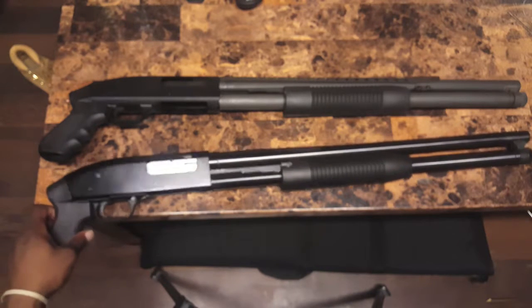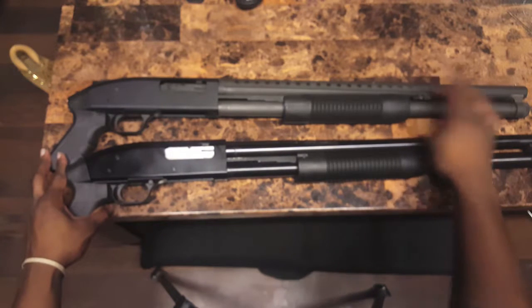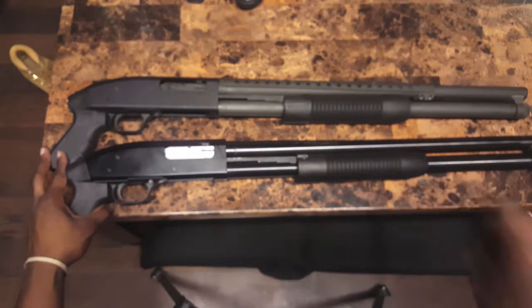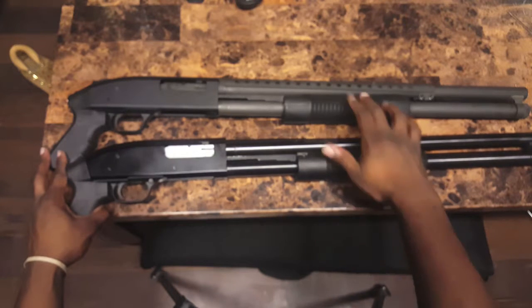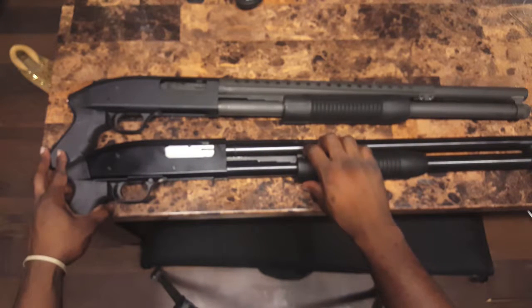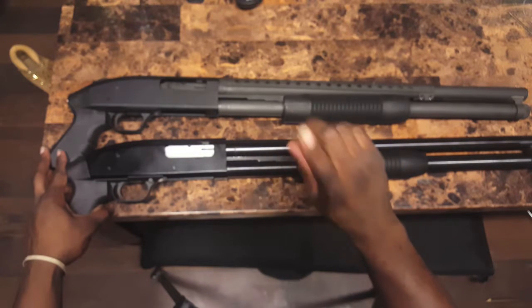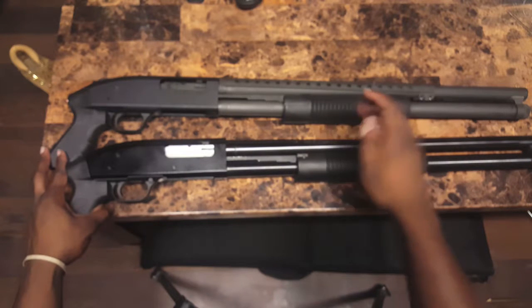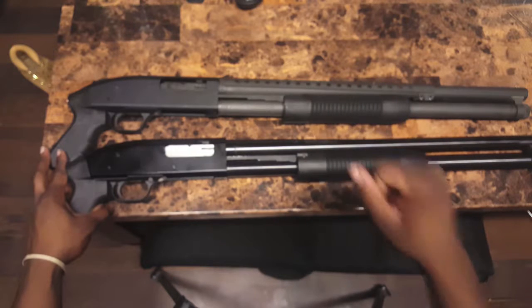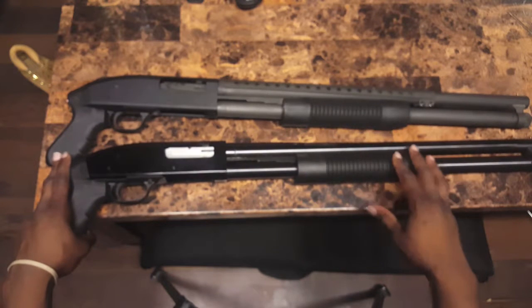And telling you right now, from shooting both of these guns and having both of them, the only main difference, okay, don't get confused by the heat shield, you can modify the Maverick 88 the same, is the pump actions on them, which are the same, just that internally you can modify this more than you can modify the Maverick from factory. I'm pretty sure I can take off this pump action and replace it with this one. Now I'll be back to square one. But like I said, essentially they're the same gun. You take them apart, same parts, shoot the same, take the same ammo,